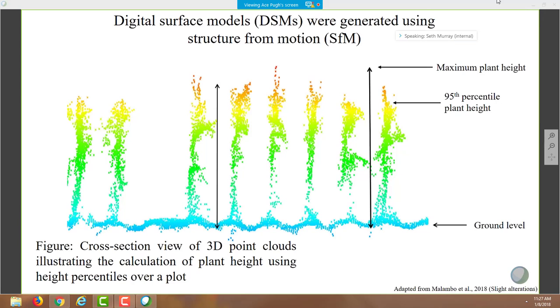And you said that the maximum plant height worked almost as well in sorghum, but it worked a lot more poorly in maize. But I don't think you really clarified what the cause of that might be. Do you have some ideas of why that might be? Yeah, I don't have any definitive cause, but if I was just listing possible causes, maybe something about the tassel throws it off. I'm not really sure. It would probably need to be looked at more closely to really tell.